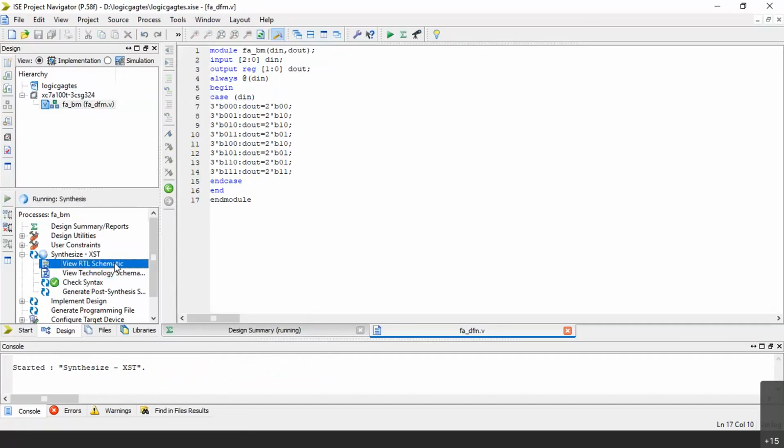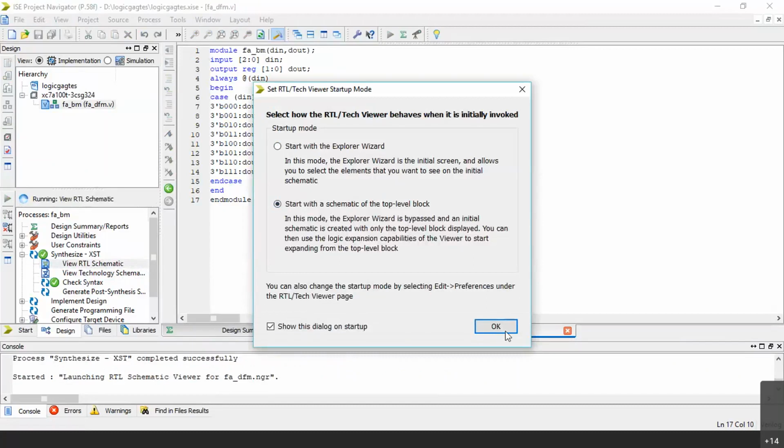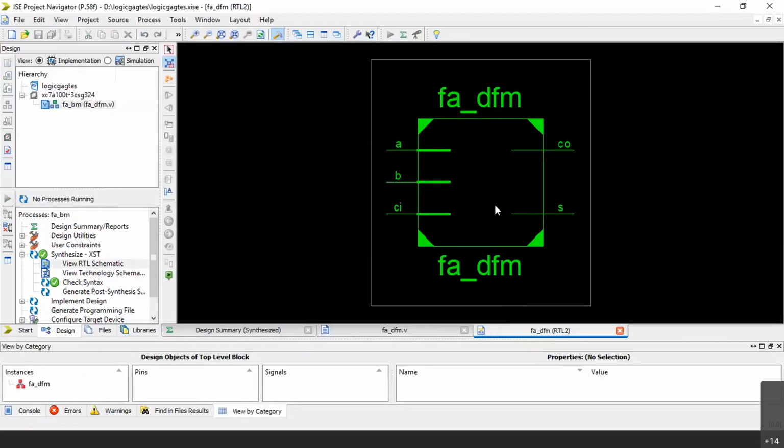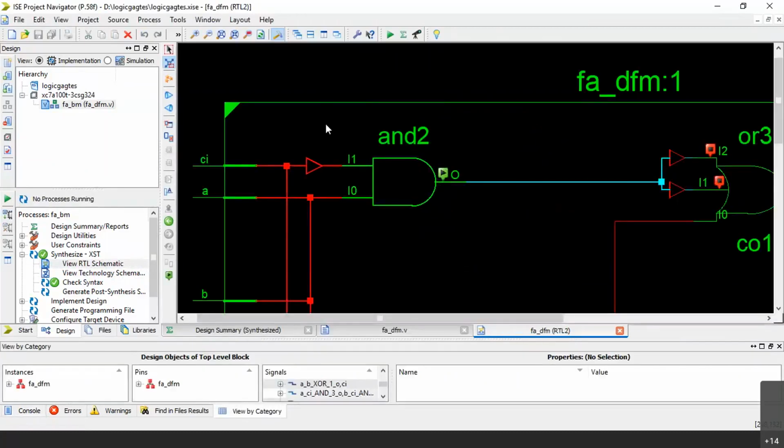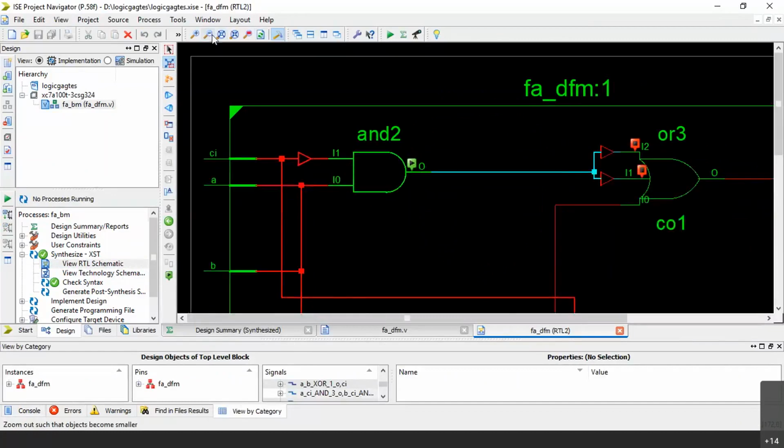Let me view RTL schematic. You can see this block. Let me double click. Let me zoom out.